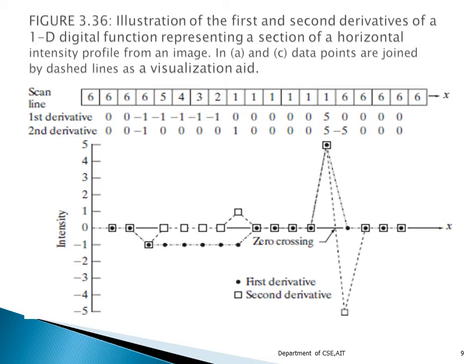So based on this, I am going to calculate what the value will be. You can see that the difference is equal to 0 when the intensity is constant, but it is non-zero when there is a change. So there is a change in the value when we go from 6 to 5. Then again it is equal to 0 when the intensity is constant, whenever there is no change. So this is the second order derivative.